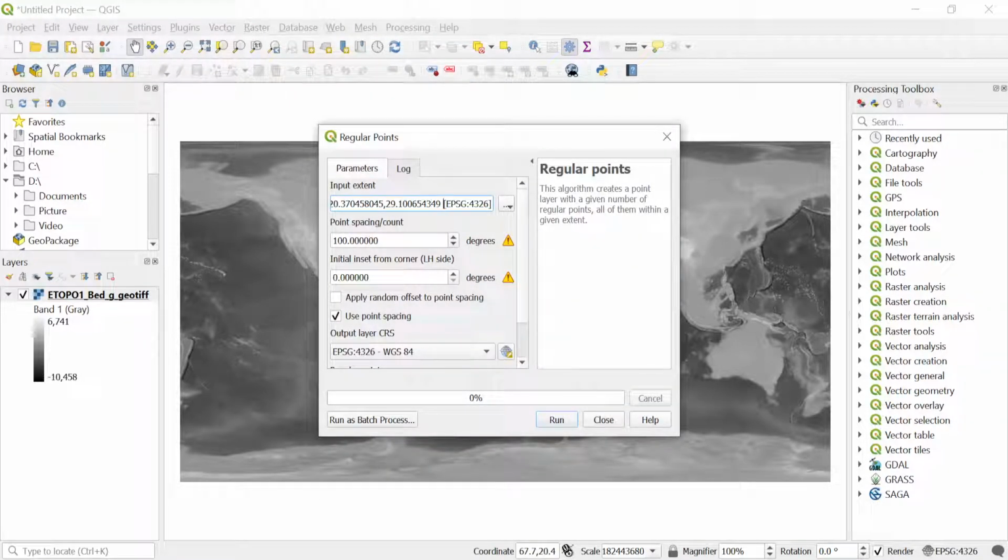But since I have the exact numbers, I'm going to put in the numbers that I have. I know the area I want starts from 46 and goes all the way to 58. So that's the longitude, and the latitude starts from 23 and goes to 31. So it's minimum longitude, maximum longitude, minimum latitude, maximum latitude. And then the point spacing, so this is how many degrees I want. As I said, we can use anything. Here I'm going to use 0.5